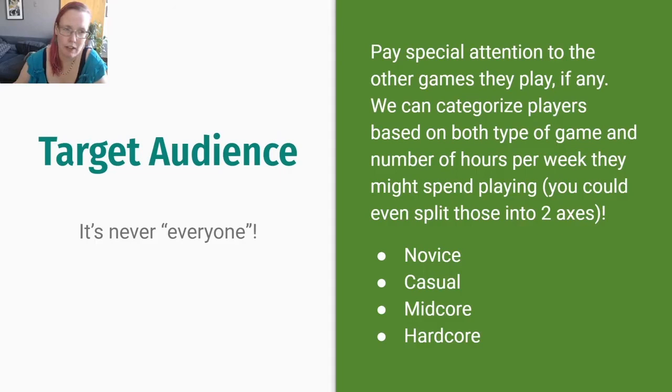These are generalizations, right? But the point of constructing a target audience is to make generalizations at that point. We're not saying that anybody who is in your target audience is going to be exactly like this. But if we can imagine one ideal player who has whatever habits it is that you want to be part of your game, who has the habits that would match up with what your game produces for them, then that's what you should put in your target audience. Hope that makes sense. Sorry.